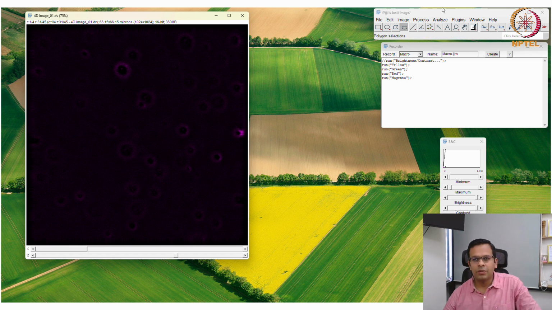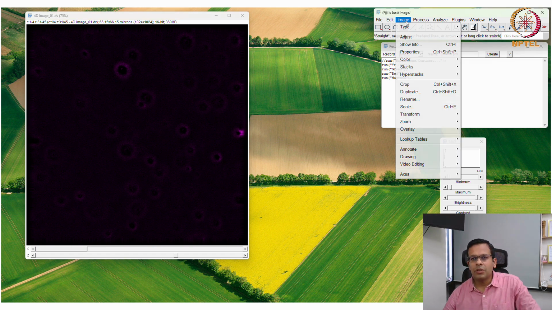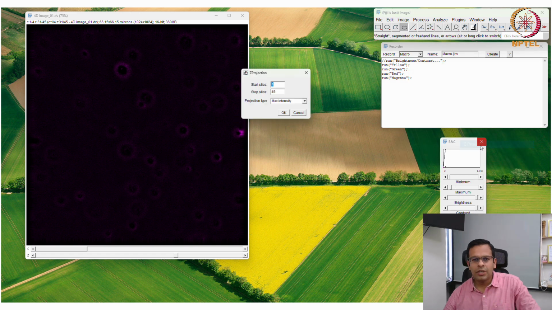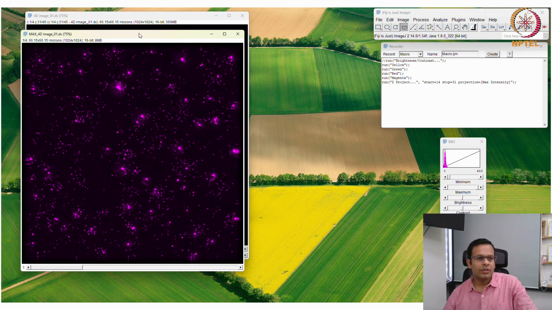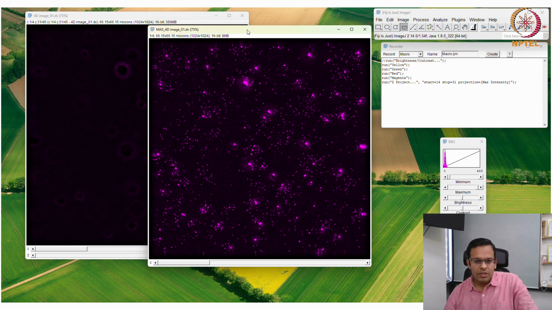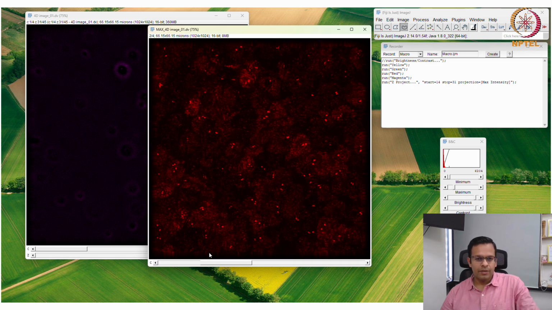So I will go a little further and I will merge from this stack, that is Z stack number 14, to 31, 14 to 31. So go to image, stack, Z project, and I will ask the software to merge 14 to 31 Z stacks in maximum intensity projection. Okay. So this is the maximum intensity projected image. So now the Z steps are gone and only 4 channels are there, but they are all merged channels, meaning merging of all Z stacks.